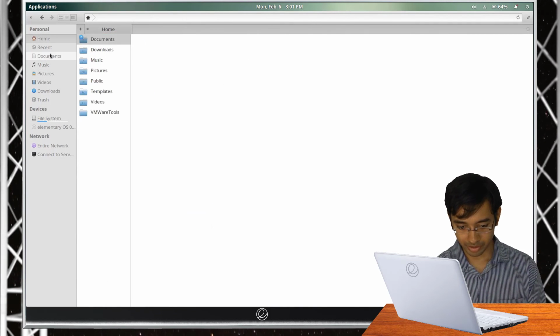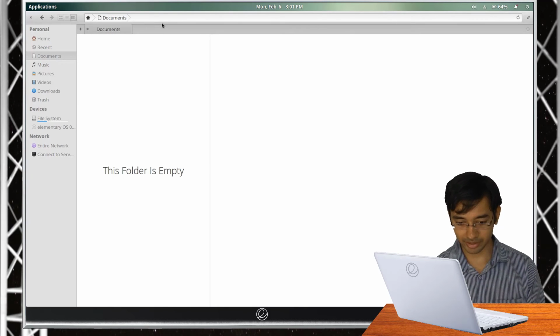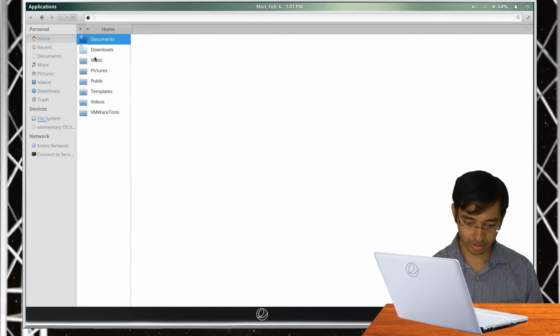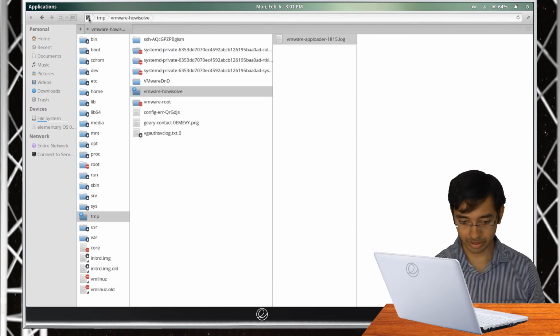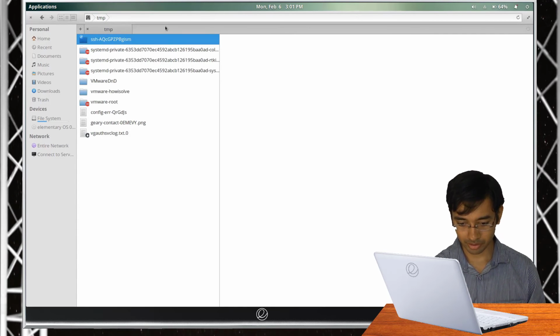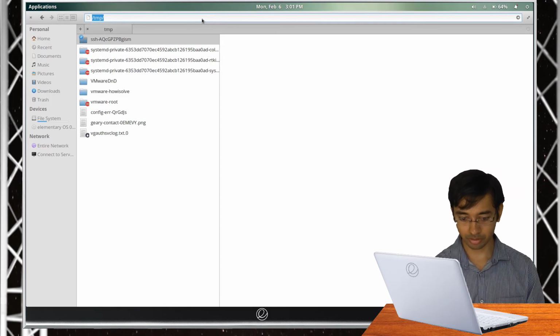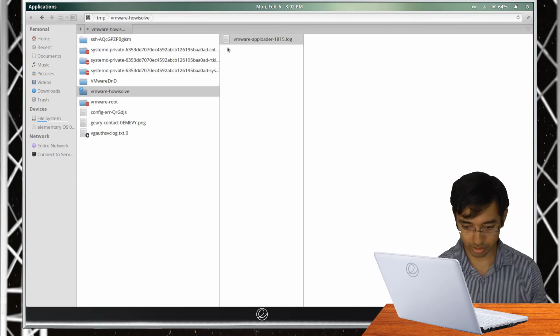And one thing that I like very much is about this address bar. You can click on the icons over here and you can go to that particular folder. Like you can go to the root directory by clicking over here, or you can go to the temp directory by clicking over here. So this is quite useful. But not only that, you can click over here and it will convert into a copyable text format. Quite useful. And also it is integrated with the terminal application. So if you want to open this particular folder in the terminal, just right click, open with terminal.